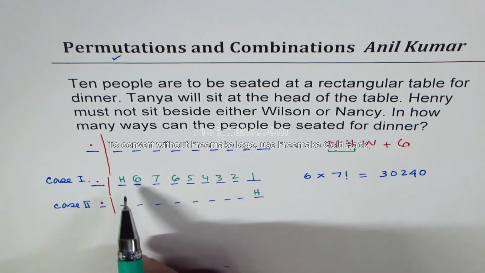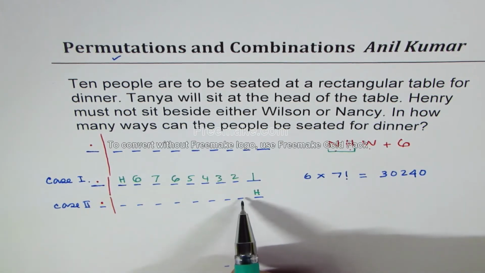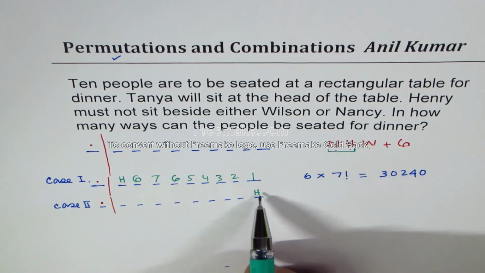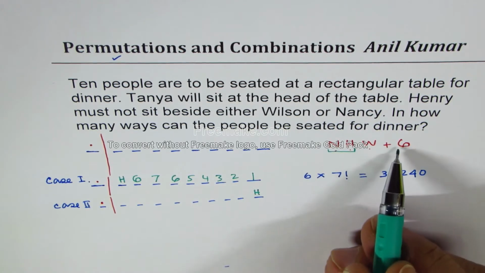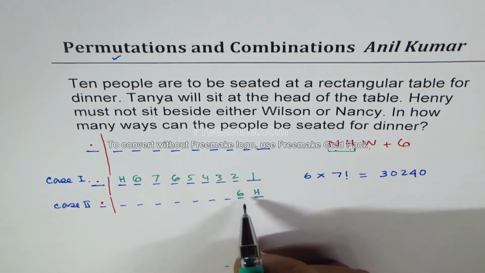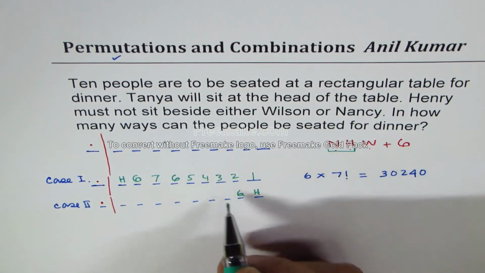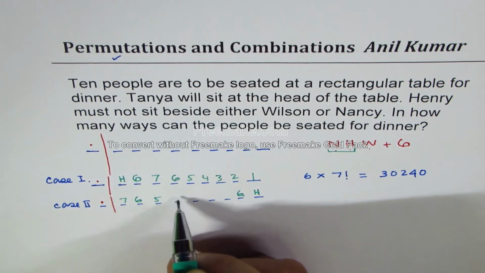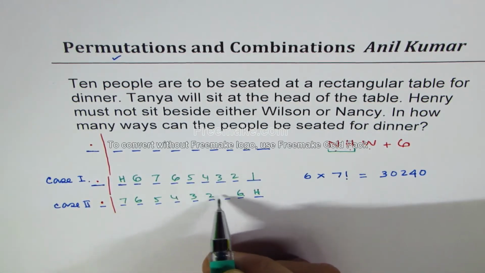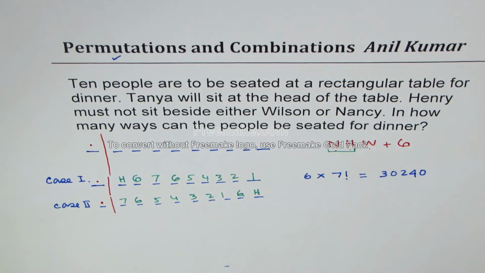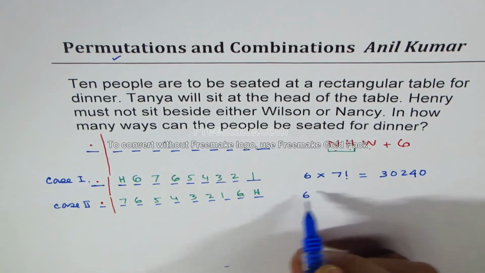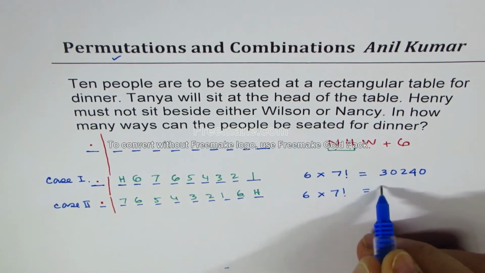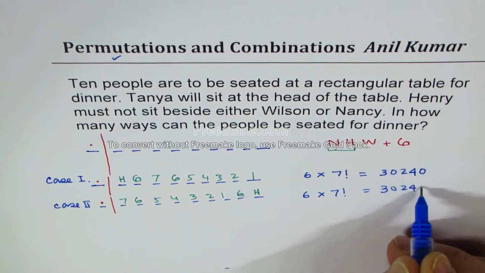That scenario is very similar to this. Nancy and Wilson cannot sit by the side of Henry, so we're left with the option of these 6 people. Once 2 have been taken out of 9, we are left with 7. So we could write 7, 6, 5, 4, 3, 2, 1. And that gives me again a combination of 6 times 7 factorial, which is 30240